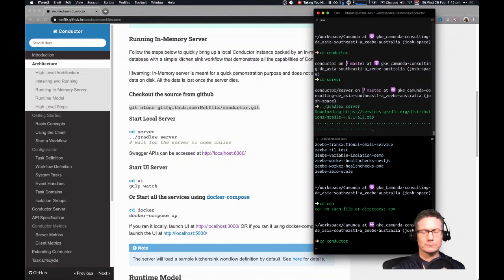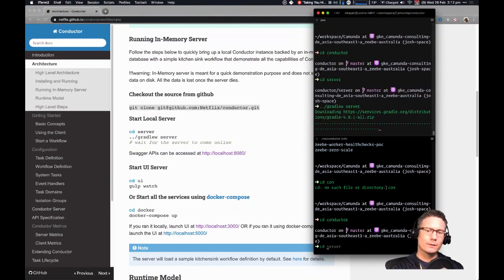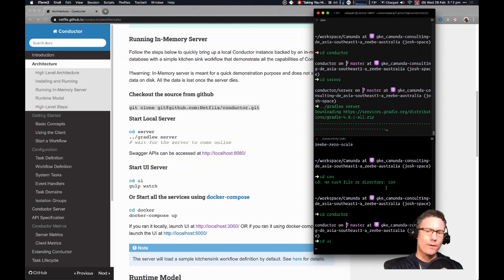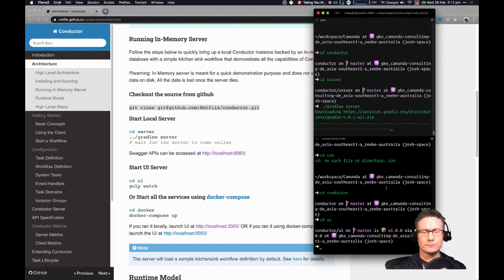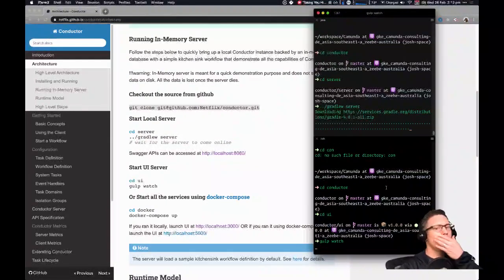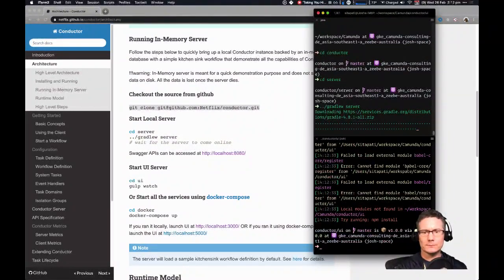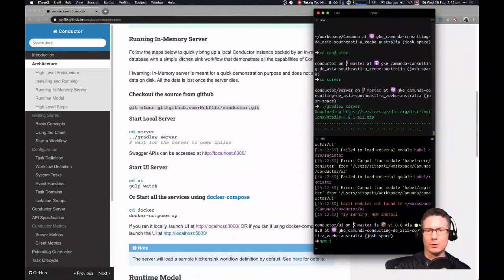Insufficient. Yep. Okay, is it in UI? It is. Okay. So run Gulp Watch here for the UI. Okay, so probably you need to run npm install, right?